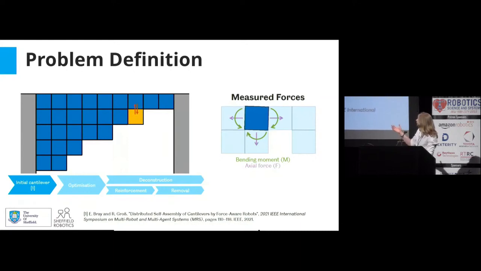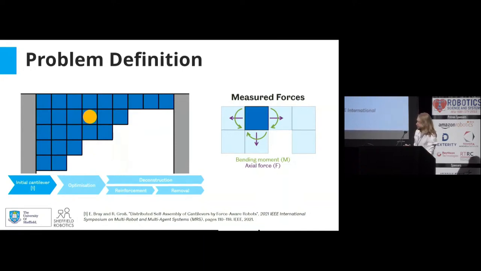From here, agents can become active, as shown there, and they communicate with the agent above, which tells them the moment and the axial force in its links. We calculate criticalness from this, which is how close that link is to failure. The robot moves around the structure like this, and it can also pass into the 3rd dimension to travel between the top and bottom surfaces. Using this framework, we consider 2 novel problems.